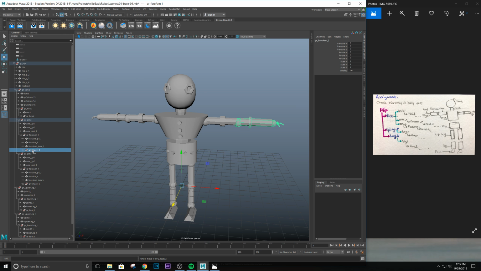So the way to find out if it's not working is if I have done something like this. I'm just trying to create an error. Okay, if you grab the forearm, you move it, and the wrist is not moving with it, you know that you haven't put the wrist or hand group in the right place. You're gonna just select any of the objects in that group that are supposed to be moving with the forearm, and